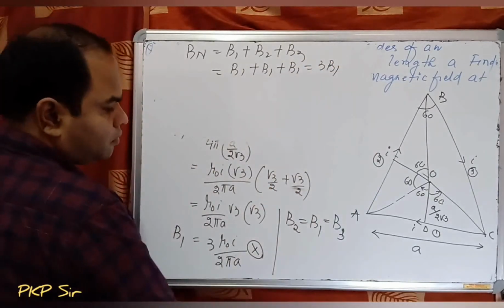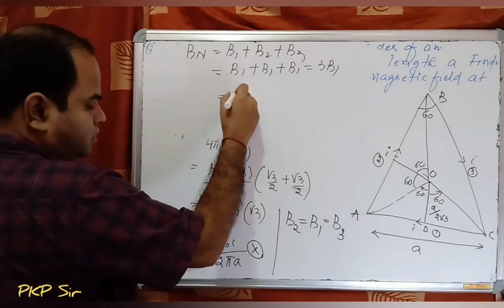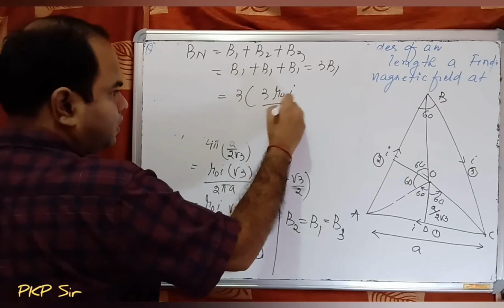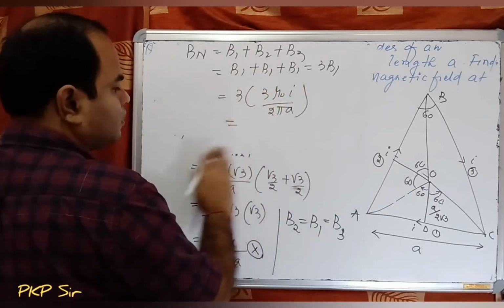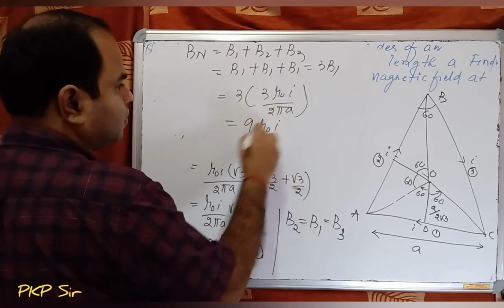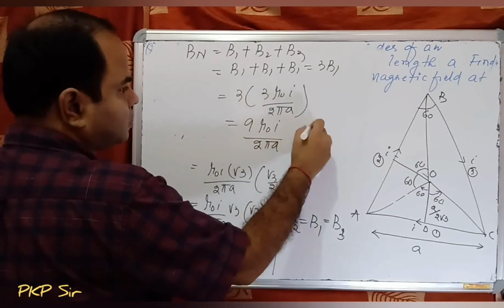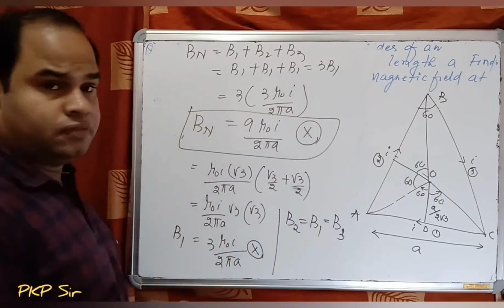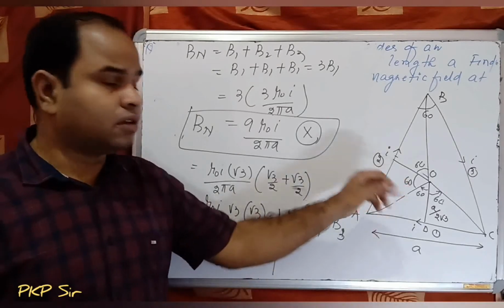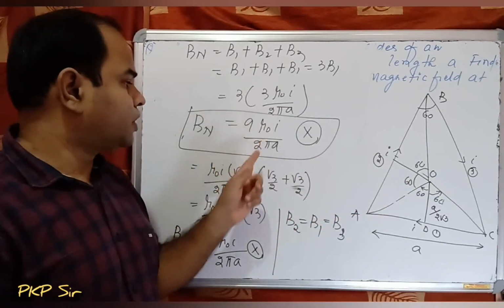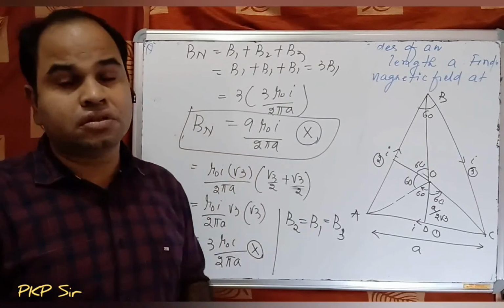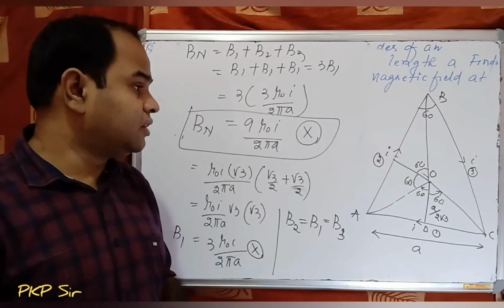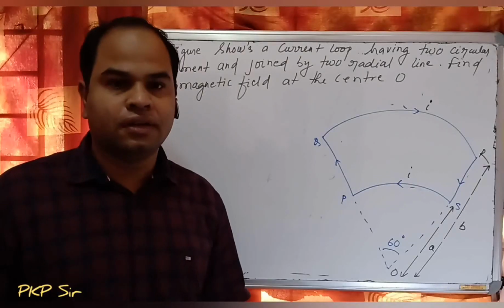Question 3: B1 is how much? This is 3 times 3 mu naught I by 2 pi a, which is equal to 9 mu naught I by 2 pi a. What is the direction? That is inward. The net magnetic field at the center of the equilateral triangle is 9 mu naught I by 2 pi a, and the resultant magnetic field direction is inward. Okay. The next question is,